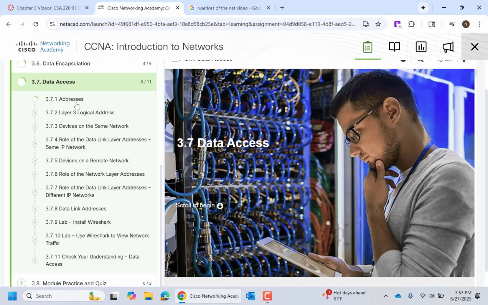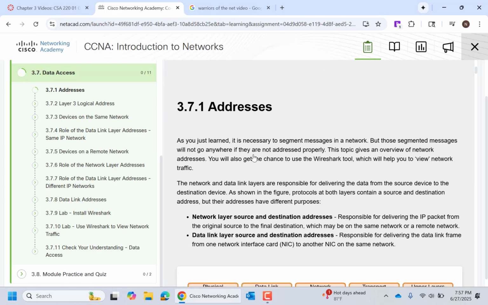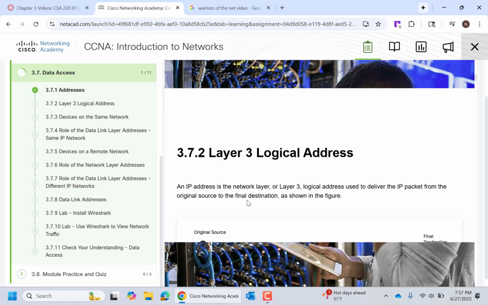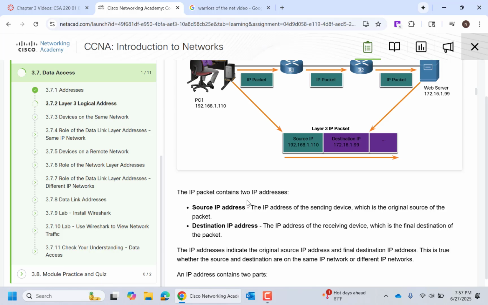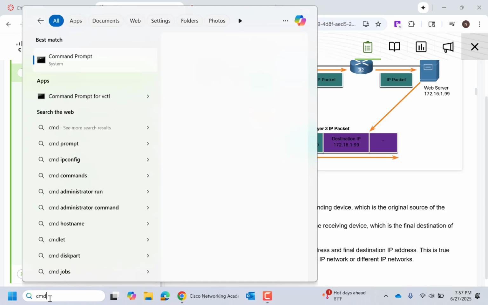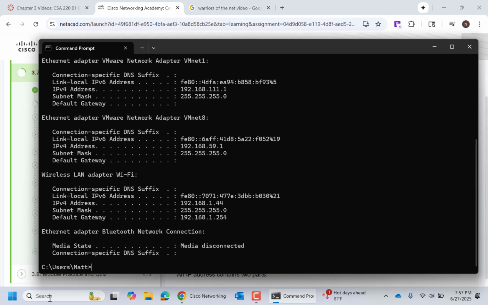Data access section here. This is kind of our first glimpse into addressing or IP addresses. So I'm going to show you a couple things here. If you go out to the command prompt of your computer and you type in ipconfig, ipconfig shows you what the IP address is of your computer.